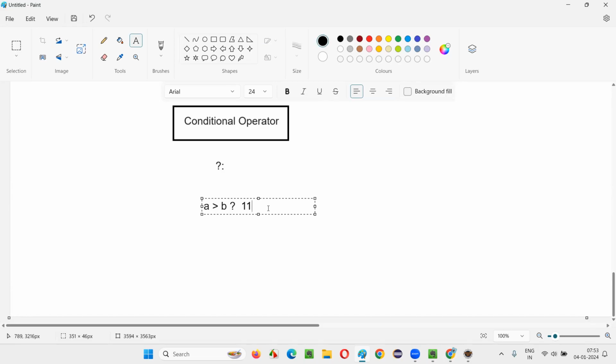let's say 11 colon 22. If this condition is true, A is greater than B, 5 is greater than 4 is true. True means it will pick this one. Out of these two values separated by colon symbol, it will pick the left side one. If the condition is resulting in true, it will pick the left one and assign that to,